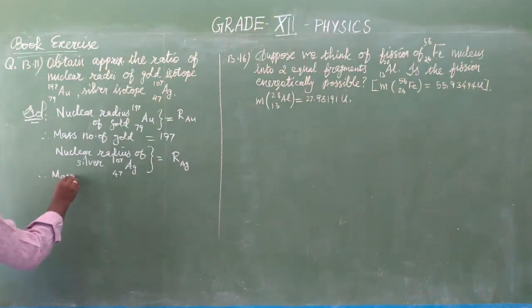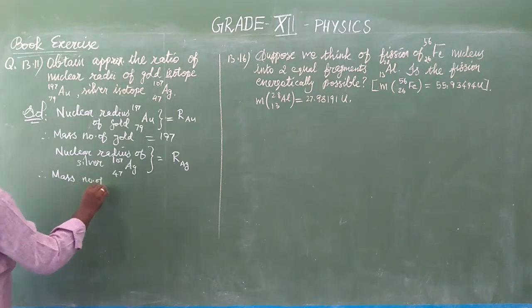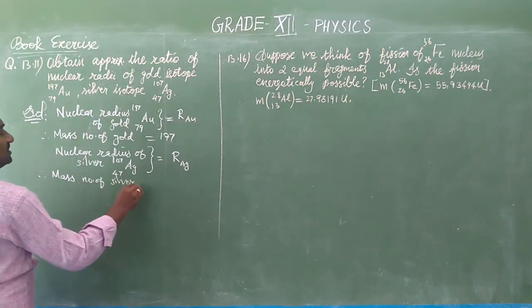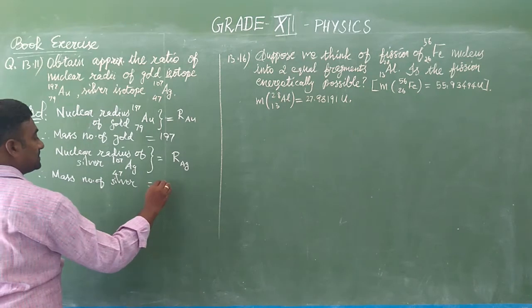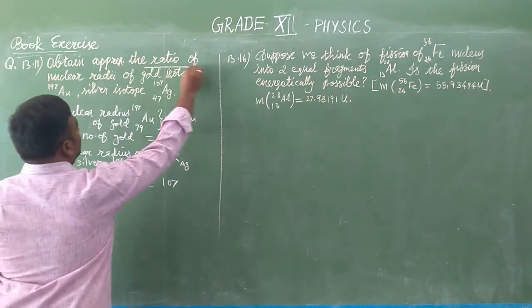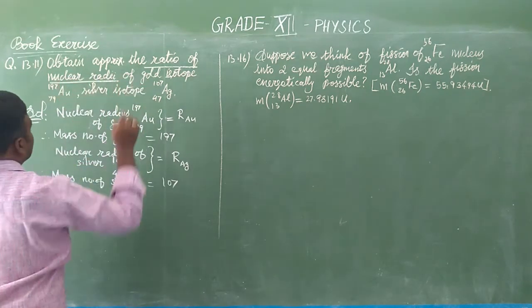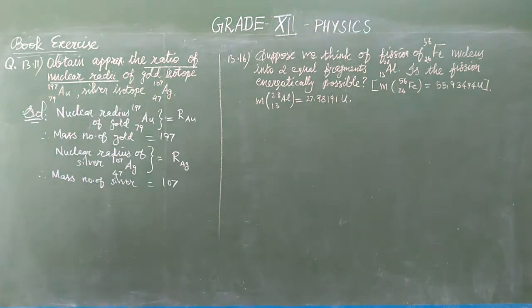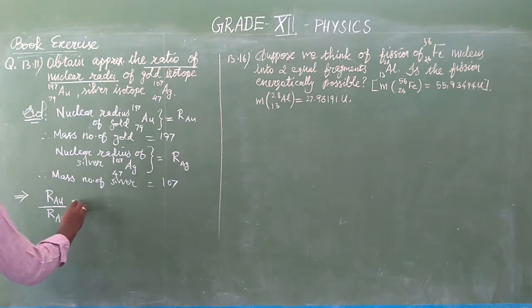Therefore, the mass number of the silver isotope is 107. But what are they asking you to find? The ratio of the nuclear radii of the gold and the silver. So now only the solution starts. Our ratio between the radius of the gold isotope and the radius of the silver isotope is equal